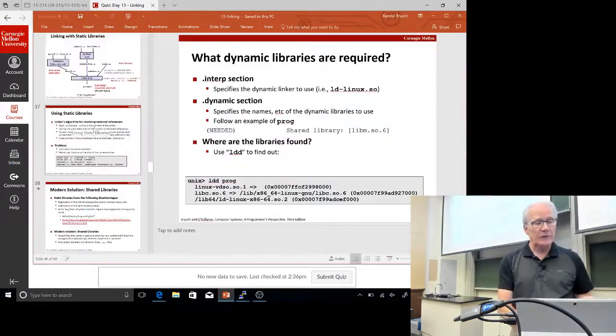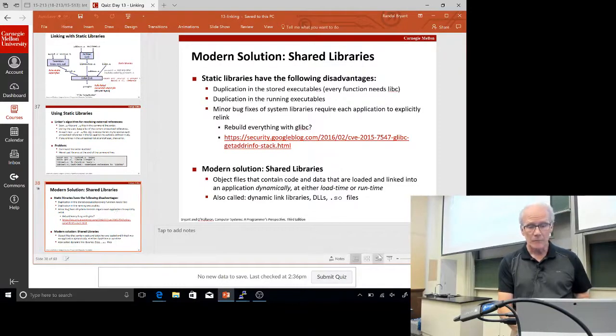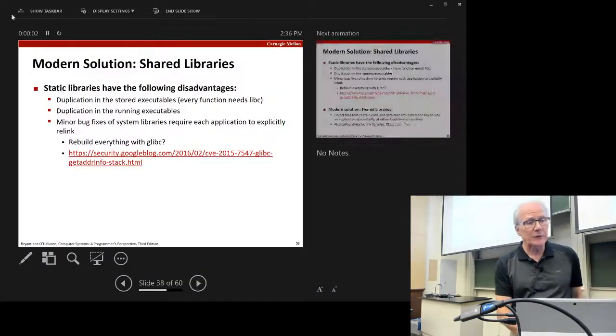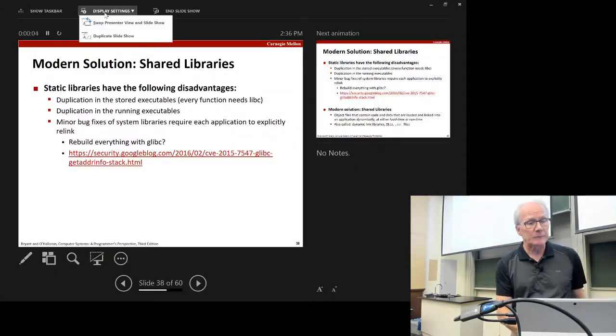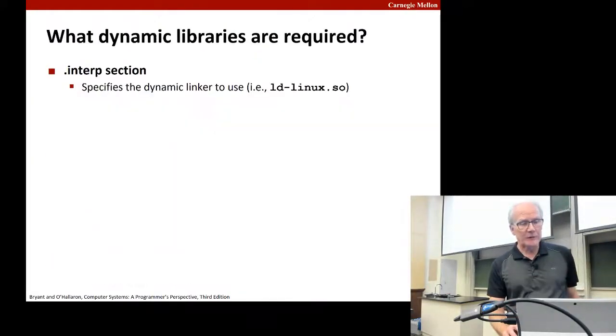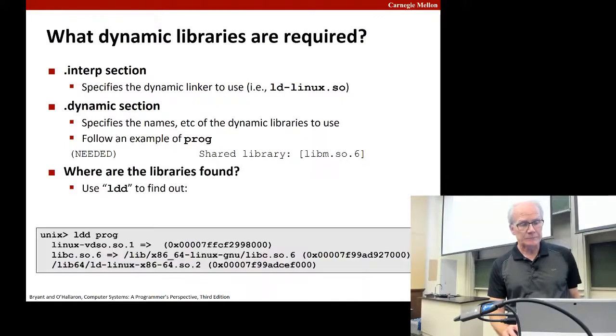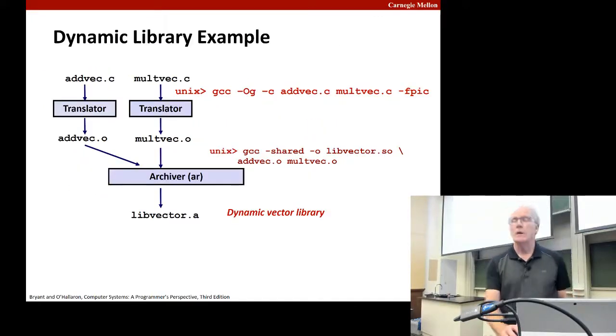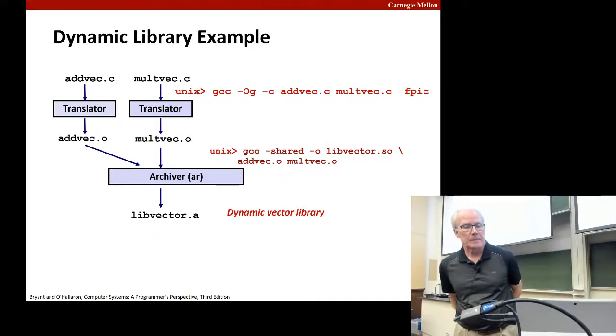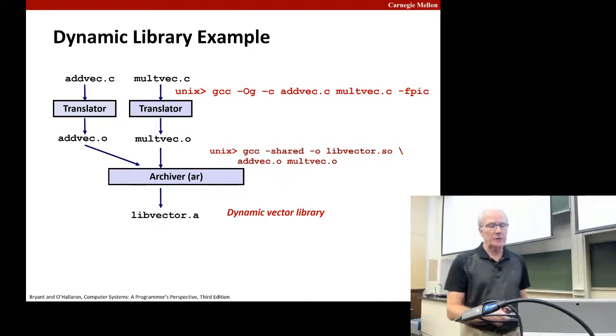So that's an example where I have set up my own version of a dynamically linked library. And that takes a little bit of weird stuff with GCC. So first of all, I need to create